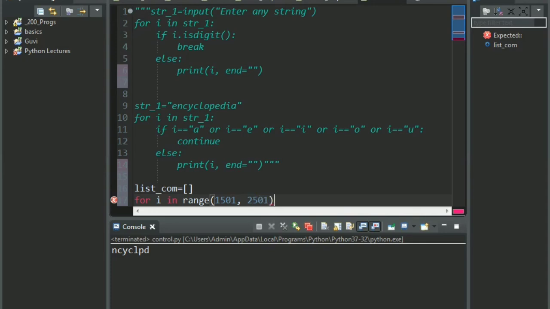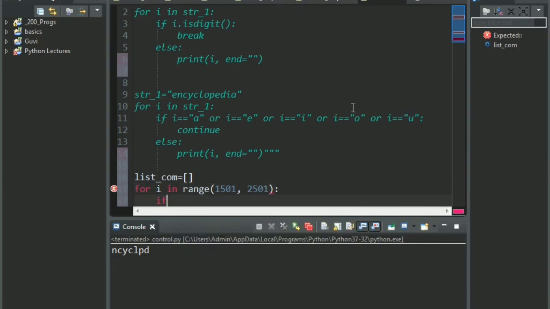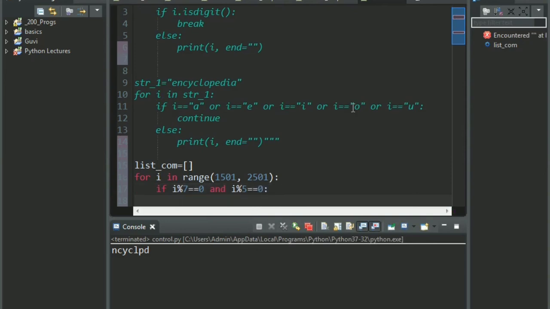Now I'll give an if condition. If i mod 7, that is if the remainder is equal to 0, only then is it considered to be totally divisible. If i mod 7 is equal to 0 and i mod 5 is equal to 0, then I wanted to